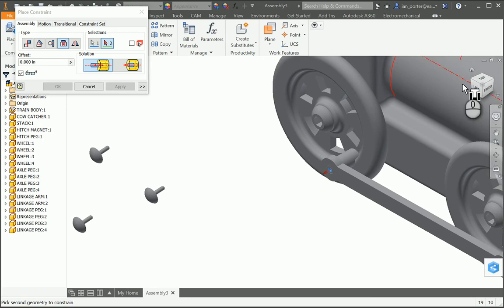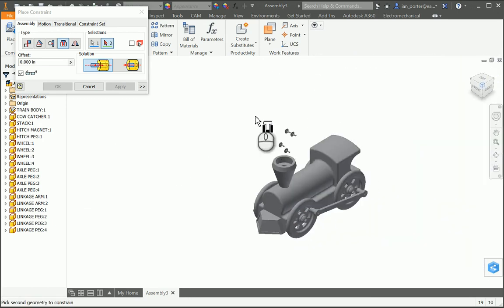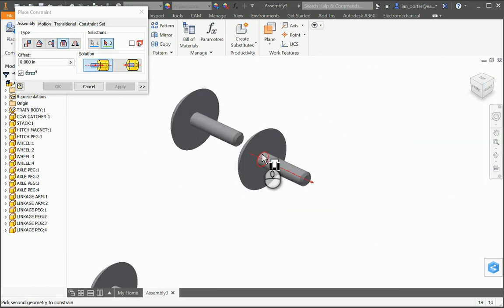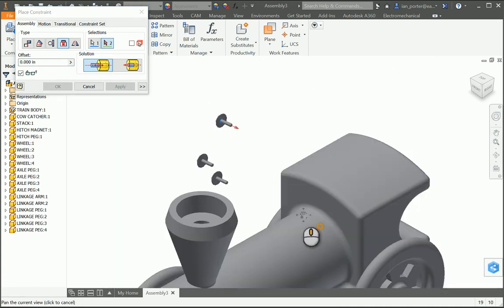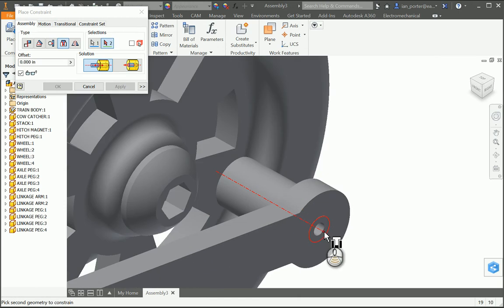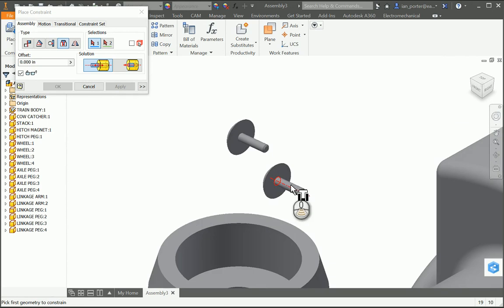And then I'm going to turn myself around so that I get the underside of the linkage peg. I'll click Apply. I can then click the underside of the linkage peg here in the view I'm in, and I can go to the small open hole on the wheel. Apply. We'll do the same again